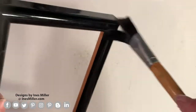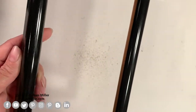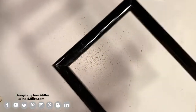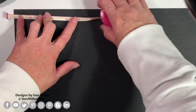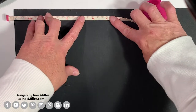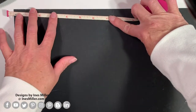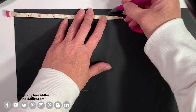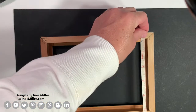It is ready now. I'm going to work on the mat, the back cover. So the painting is going to be inserted into the picture frame, and then as a backing, I want a mat board. So this is a black mat board that I have, and I'm measuring the size of the opening, which is the same size as your painting. This one is 5 by 7. So I'm making tiny little lines, very light markings with my pencil,